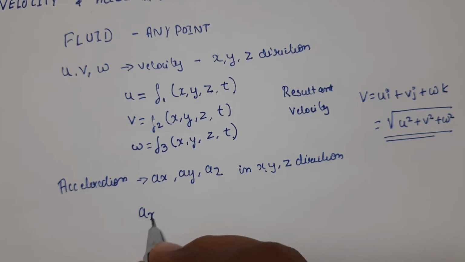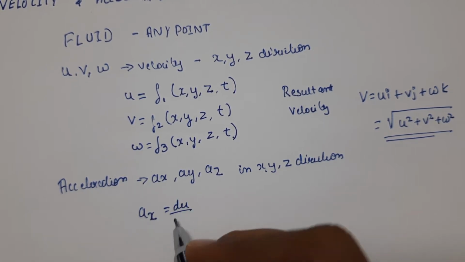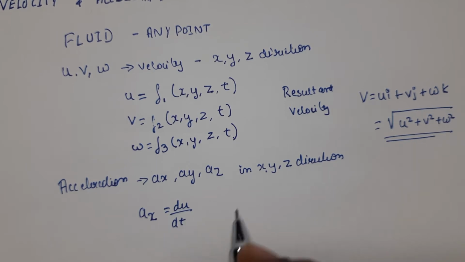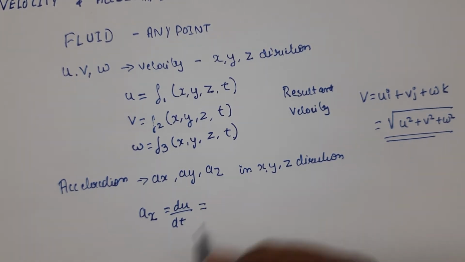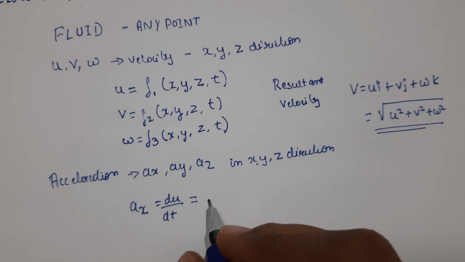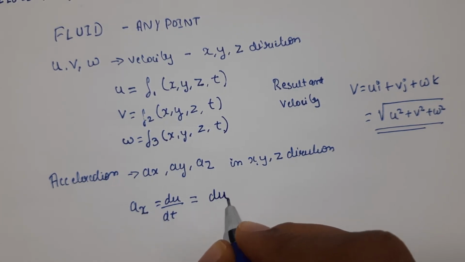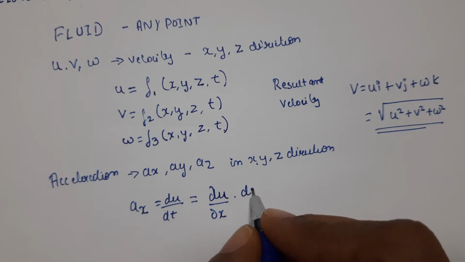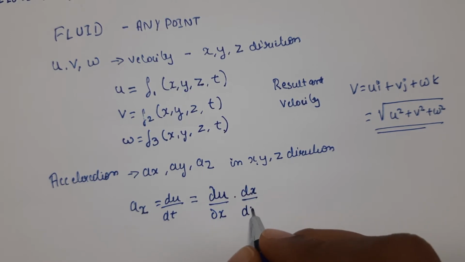If we follow the chain rule of differentiation, let us take acceleration in the x direction. This can be written as ax is equal to change of velocity with respect to time, du by dt. By using the chain rule of differentiation, we can write this as dou u by dou x into dx by dt